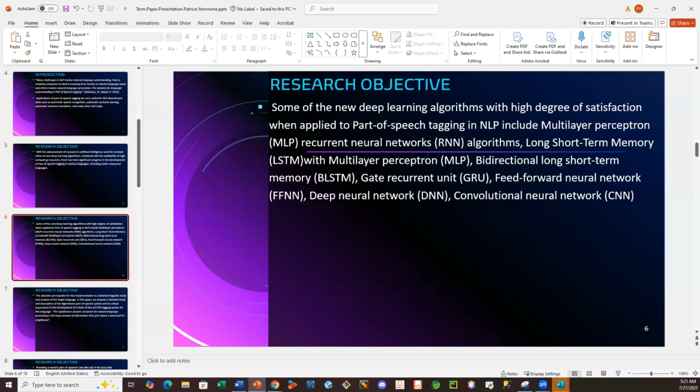The significance of part of speech for natural language processing is the large amount of information it gives about a word and its neighbors. Knowing the part of speech of a word can also aid in its accurate pronunciation when developing a speech synthesis system or an automatic speech recognition system. It will also be very significant when developing an automated machine translation system.